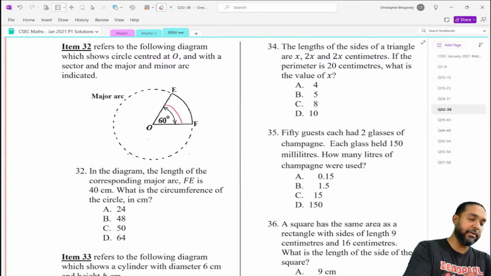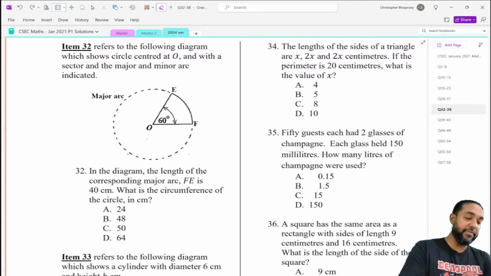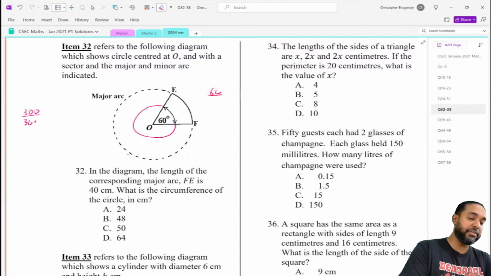The minor arc has an angle of 60. What is the total number of degrees in a circle? 360. So if you have 60 there, the remainder is what? 300. So 60 over 360 is what fraction? Right, 60 over 360 is equal to 1/6, which means that the major sector, therefore,